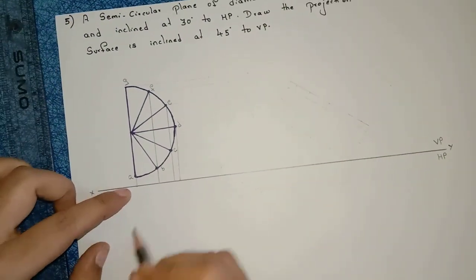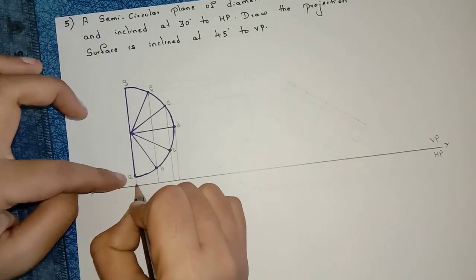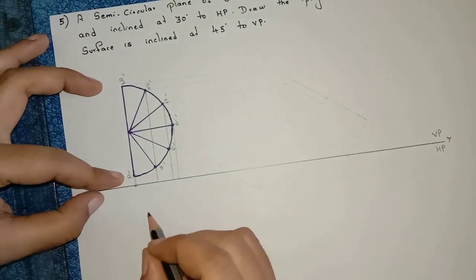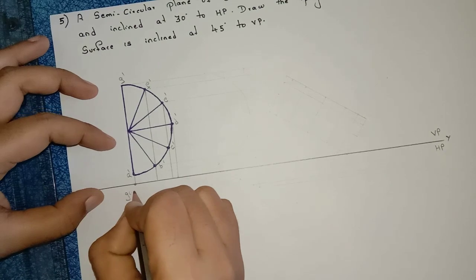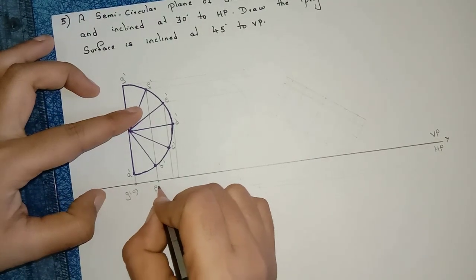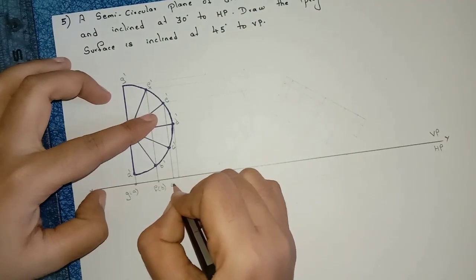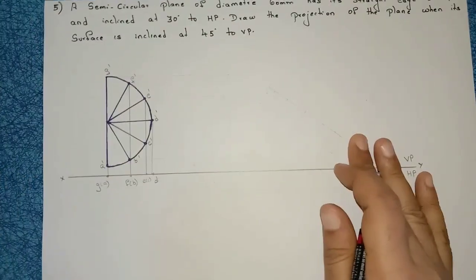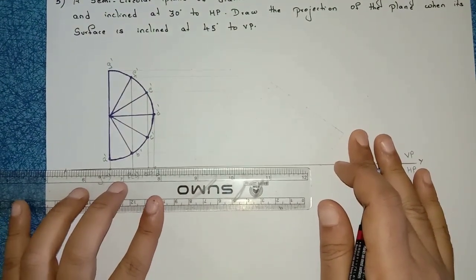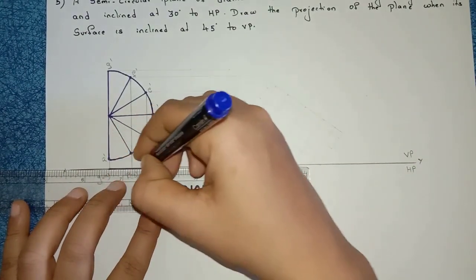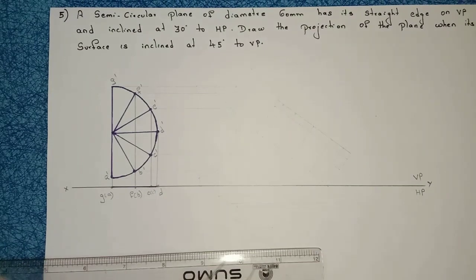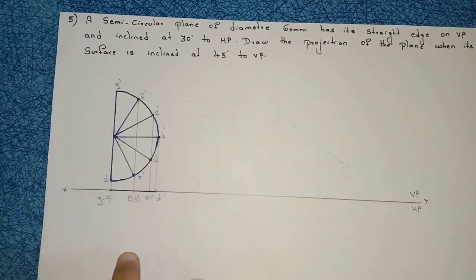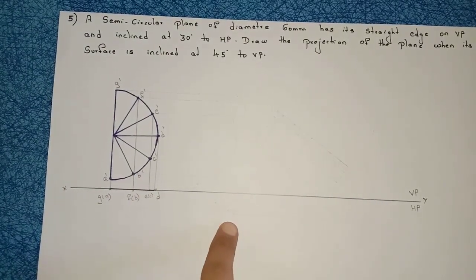Right? Now what is the point name here? This point name is A dash, B dash, C dash, D dash, E dash, F dash, G dash. And here the point names are G of A, F of B, E of C, and D. Now you have to construct a straight line from A to D. So this is our initial position. We have constructed step 1 and step 2, and now you have to construct step 3.